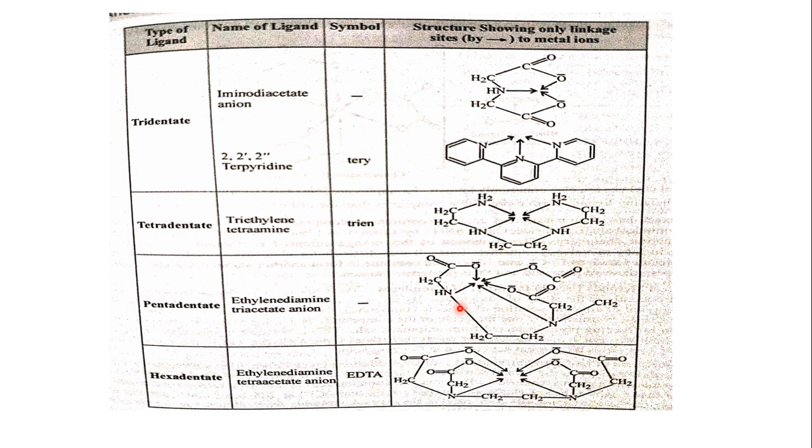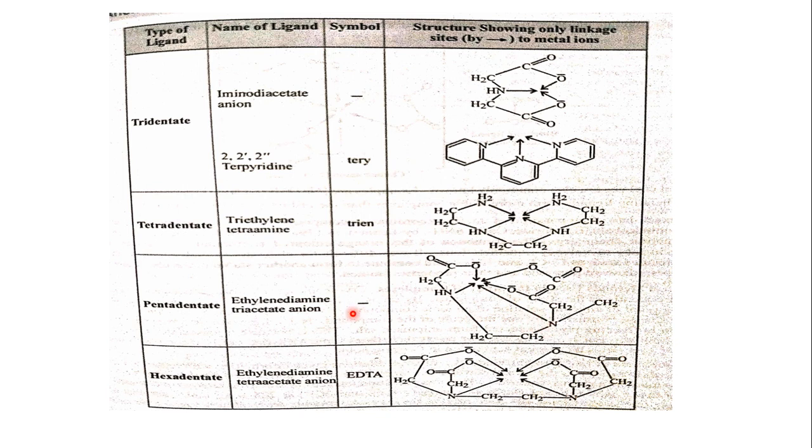So you have to look closely at the structure. Observe this structure closely, where you can see there is one oxygen here, the second oxygen is over here, and the third donor atom, the nitrogen, is over here, and the fourth donor atom is here, the nitrogen, and the fifth donor atom over here is the oxygen. So totally there are three oxygen donor atoms and two nitrogen donor atoms which are going to donate their pair of electrons.